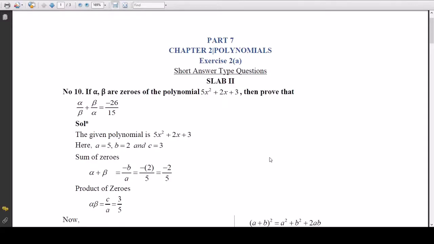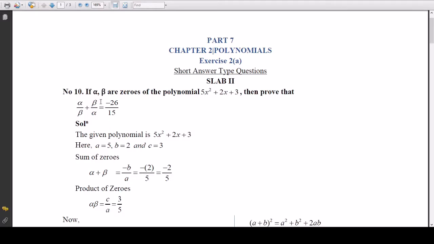Welcome students to part 7 of this chapter 2. Here we'll discuss problem 10. If alpha and beta are the zeros of the polynomial 5x squared plus 2x plus 3, then prove that alpha by beta plus beta by alpha is equal to minus 26 by 15. Okay, you have to show that